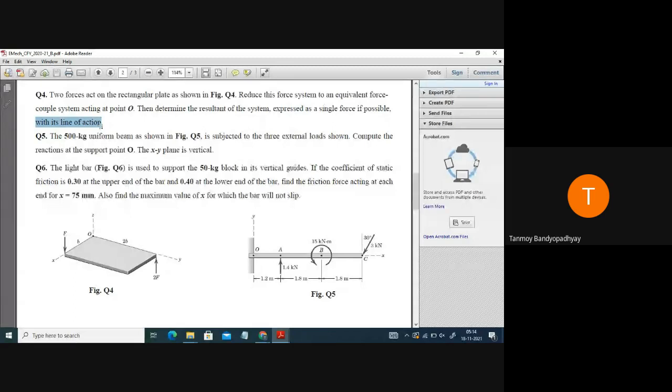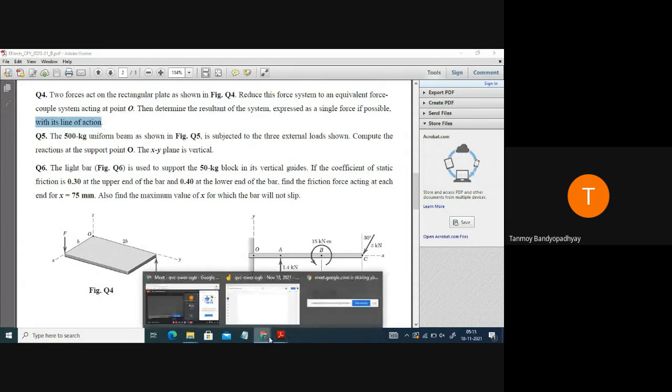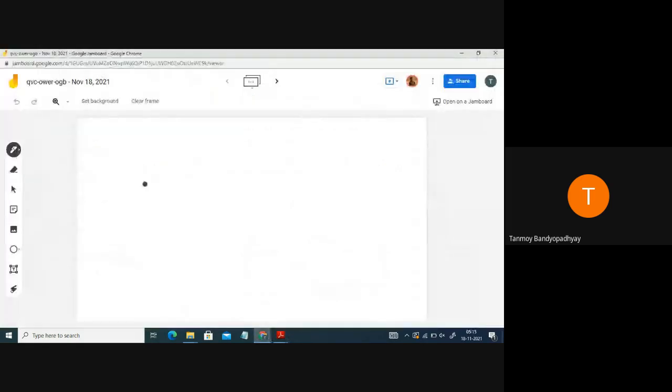Clear? Are you able to understand what I'm telling? So we are having all the forces in the vertical direction, plus z, minus z direction. So the resultant will be only a z directional force, only k cap force. So it will pass through the xy plane somewhere. The point through which it passes will have coordinates x, y, 0. So the line of action will cut the xy plane, and that point x, y, 0 we have to determine.